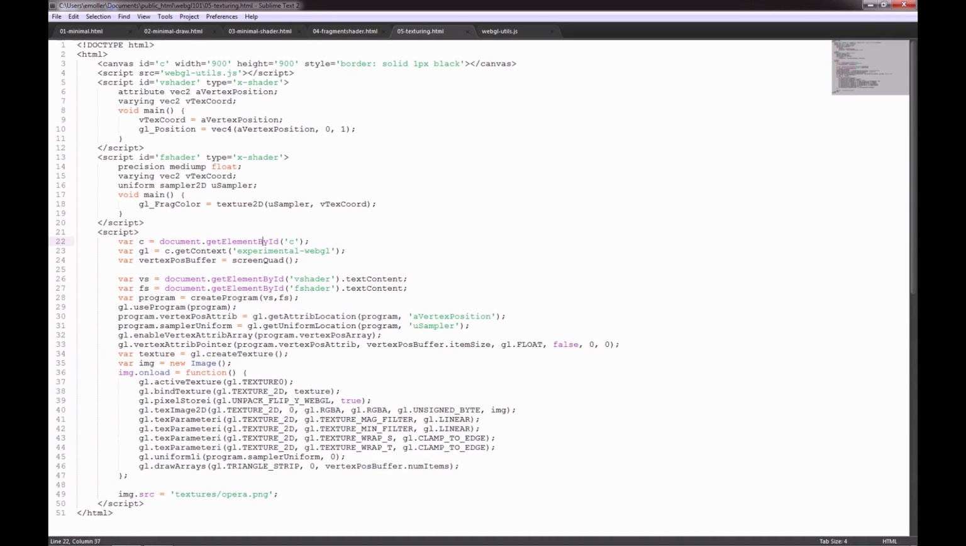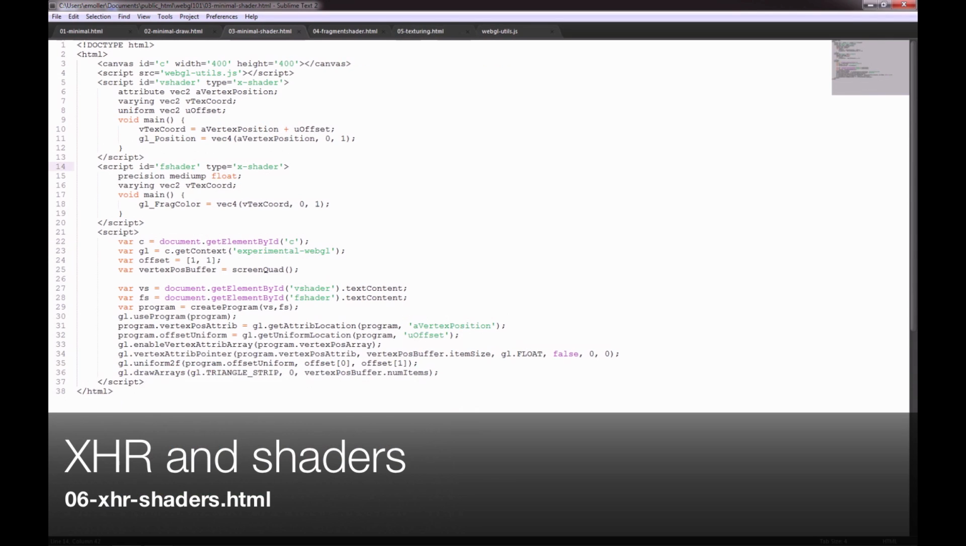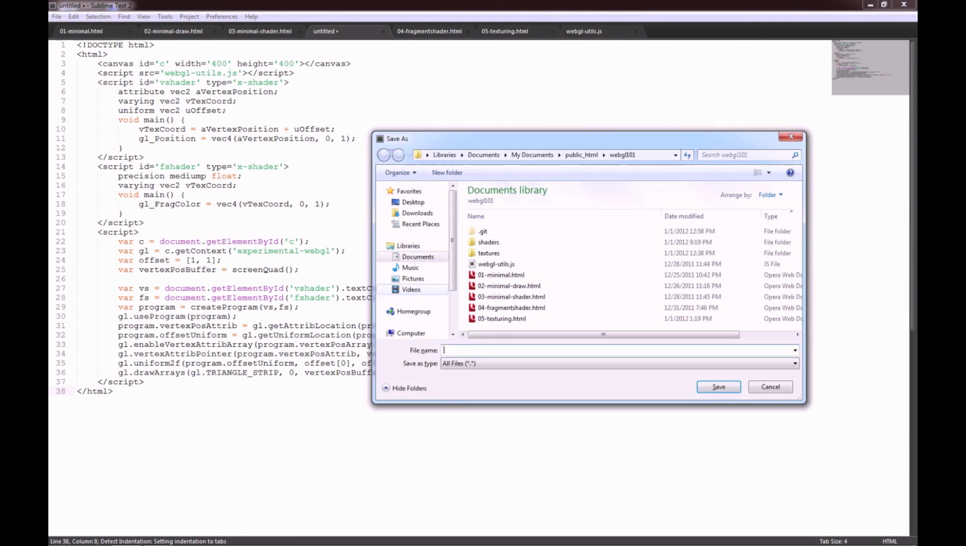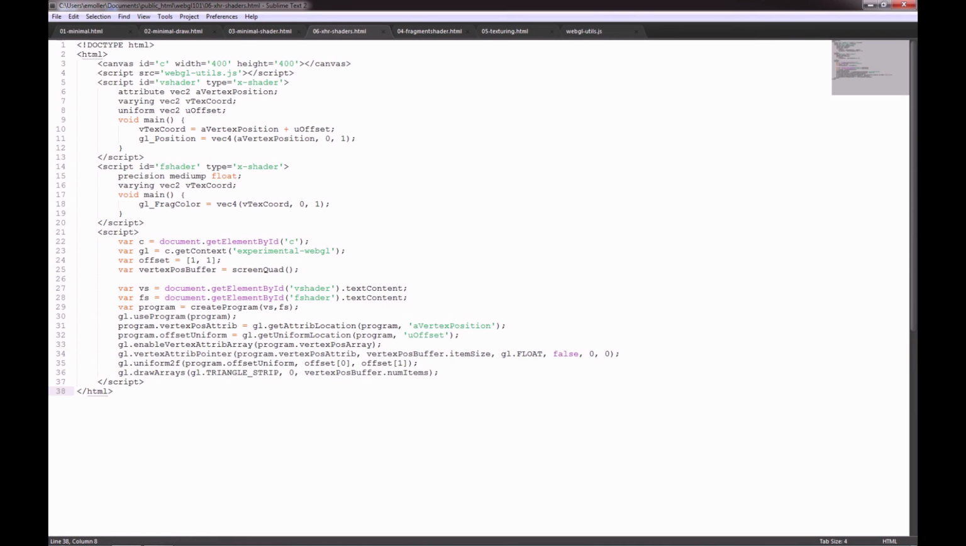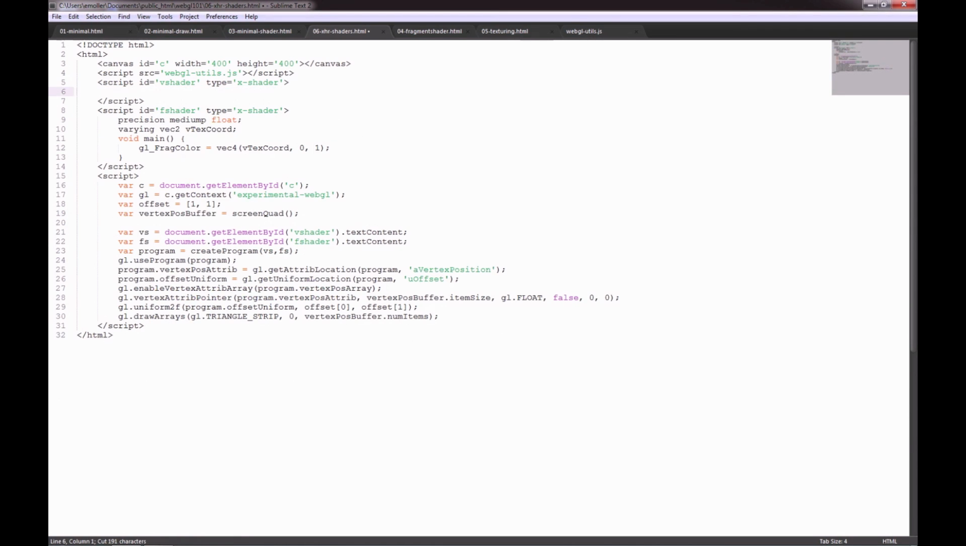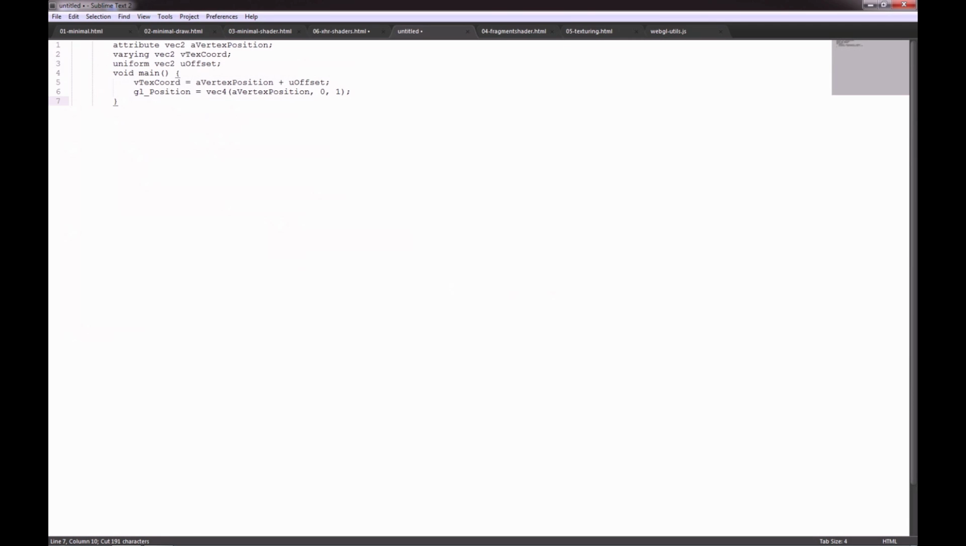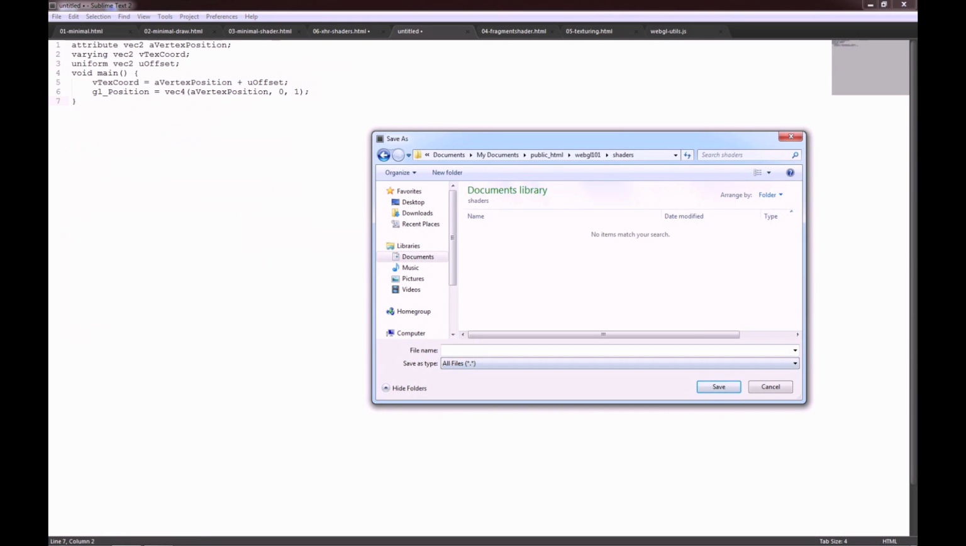We've already seen how we could move the shaders from strings into a separate script tag, but let's take that one step further. We'll save this as 06 xhr shaders.html, and we're going to move the shaders out of the script tag and into separate files. So we'll create a new file, and I've created an empty folder called shaders. So we're gonna save these into there, and we'll call this one